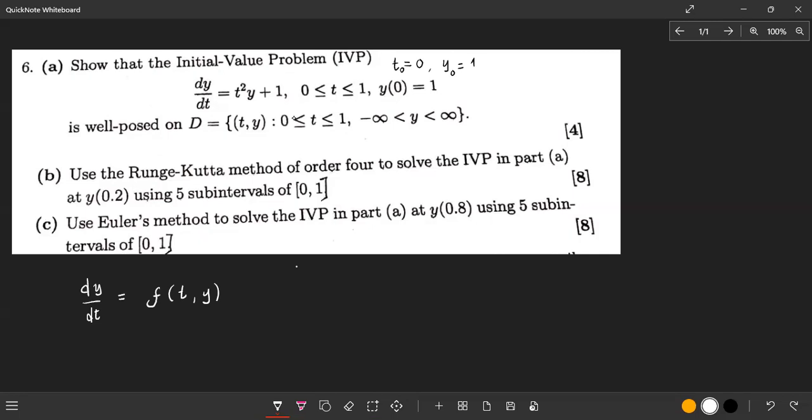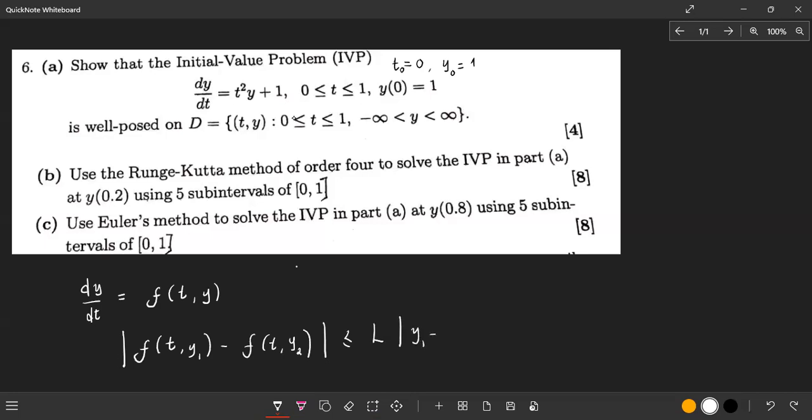If the mode of f of t comma y1 minus f of t comma y2 is less or equal to some constant L, and this constant is called the Lipschitz constant, times the mode of